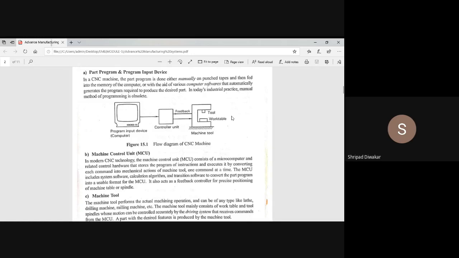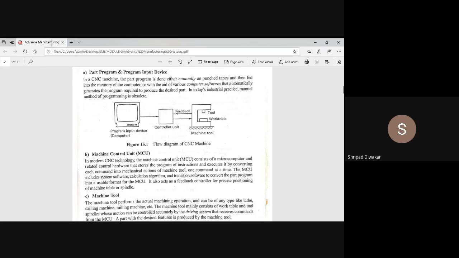Hence we can call it the major part of the computer numerical control machine. It consists of a microcomputer and also the hardware, the controller hardware. These are the two main components of the controller unit.